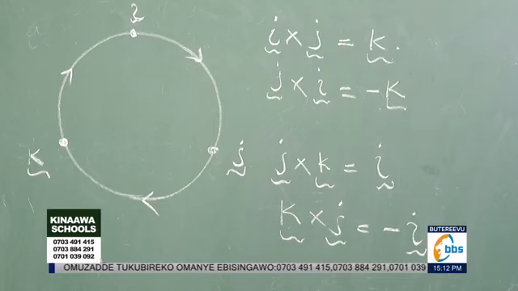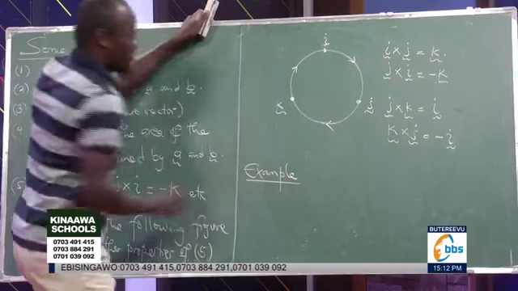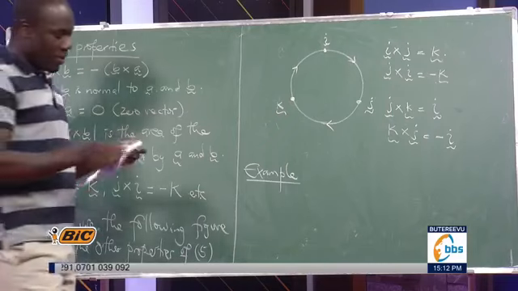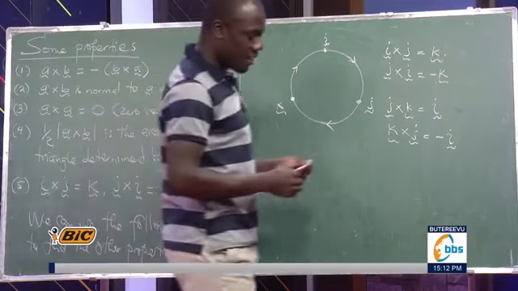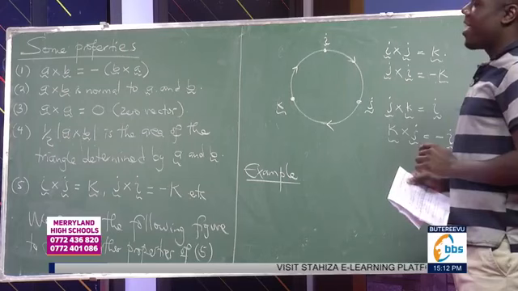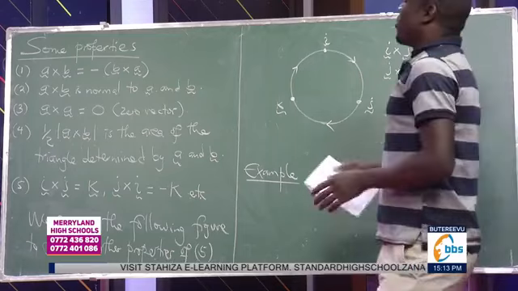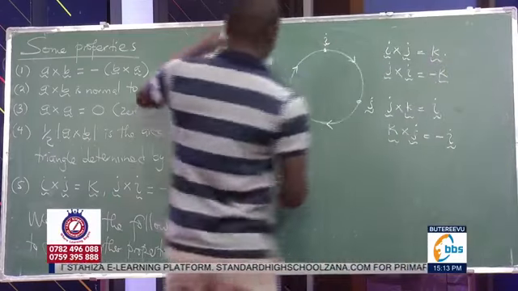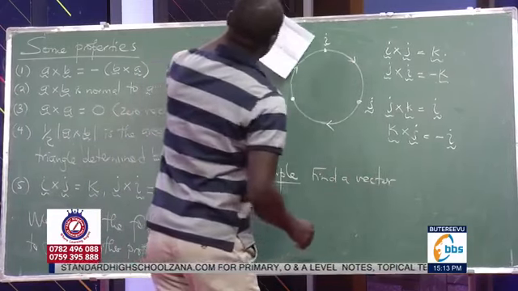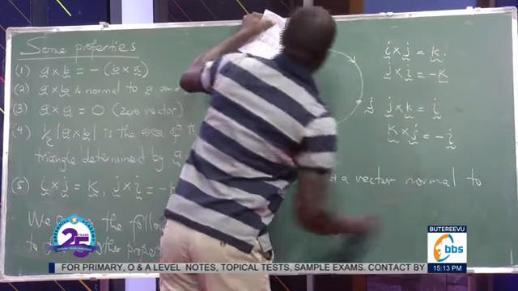So let's pick a few examples which involve using the cross product. We saw how to find a unit vector normal to two vectors using the dot product. Now we are also going to see how I can find a vector normal to two vectors using the cross product. So find a vector normal to